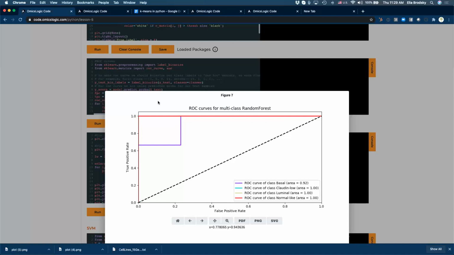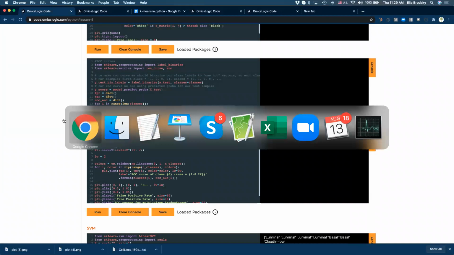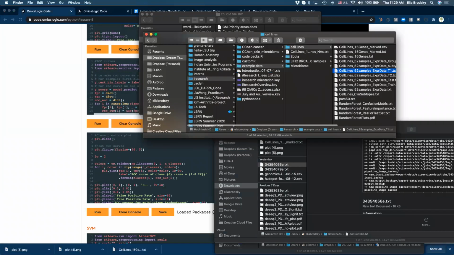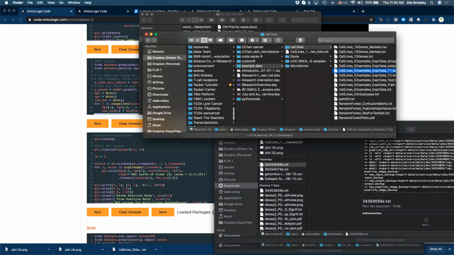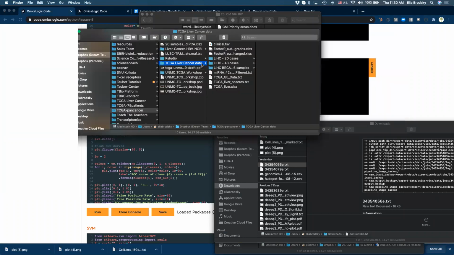I'll leave this for next time, but let me briefly explain to you the second part of your assignment if you have time to do this. So here we have some data set from the Cancer Genome Atlas. Okay, so let me just briefly explain what this is. Here we have